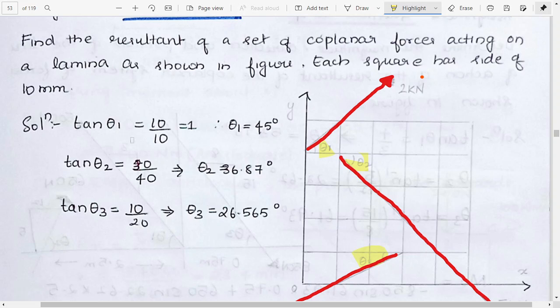So tan theta 1 here will be equal to 10 by 10, which is equal to 1. Why are we taking 10 by 10? Because each side is 10 millimeters, so if you are taking tan theta, it will be 10 by 10, which is 1. We know that tan inverse of 1 is equal to 45, so we can say that theta 1 is equal to 45. Similarly we can do for the other three cases, and we will get theta 1, theta 2,